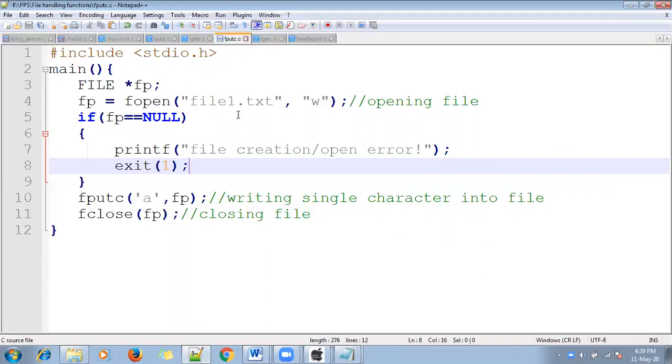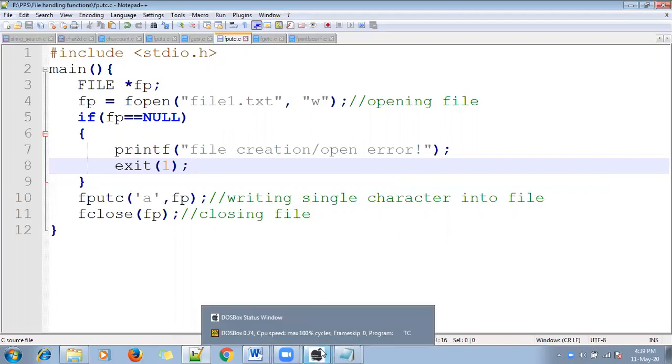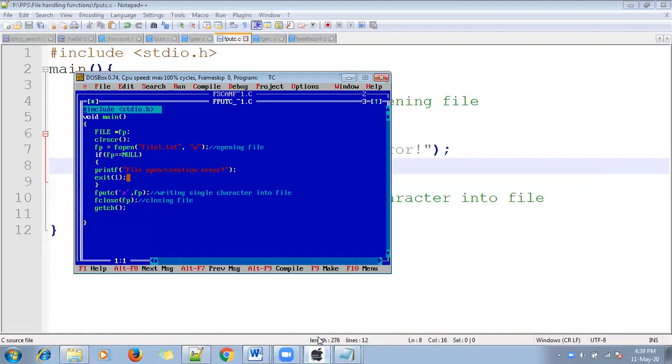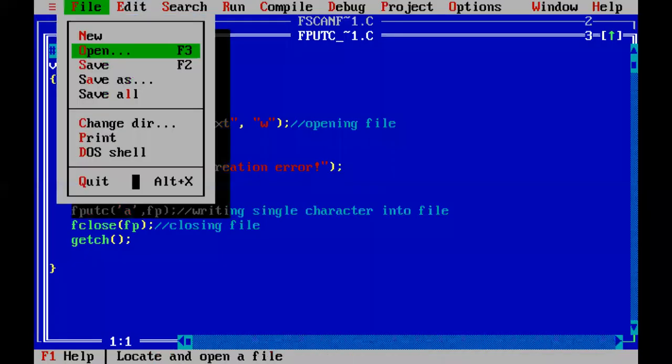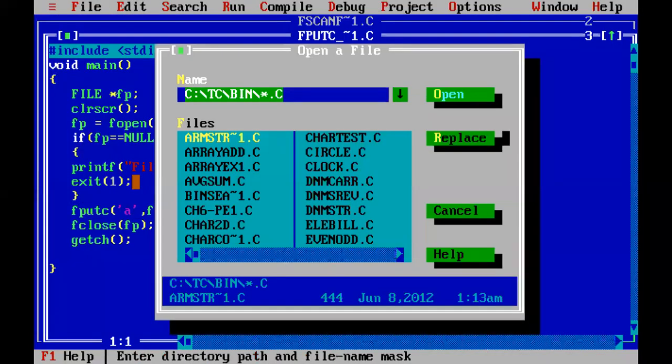So what is our current directory to execute all these programs? If you look clearly, c slash tc slash bin slash some dot c. So whatever file you create, that file goes into this directory, c slash tc slash bin.